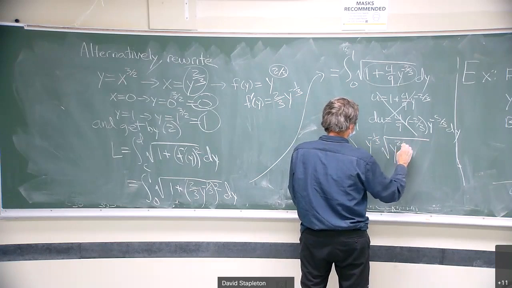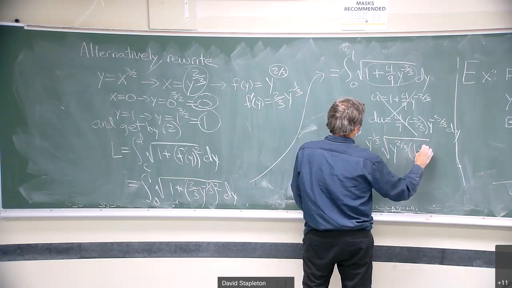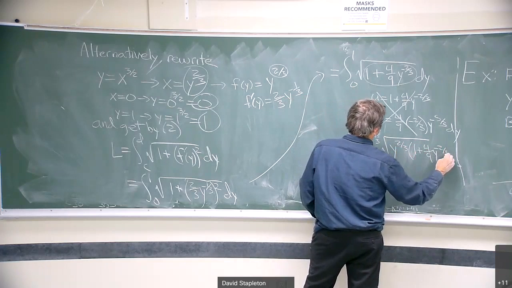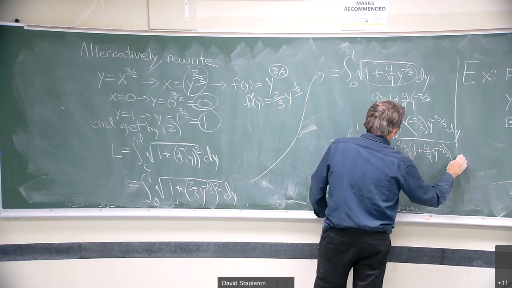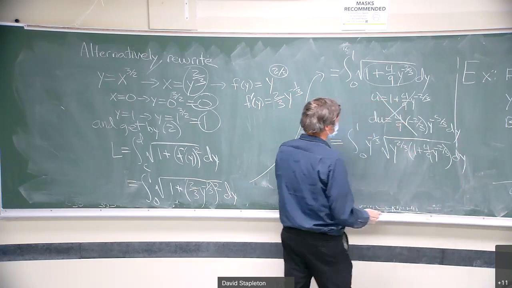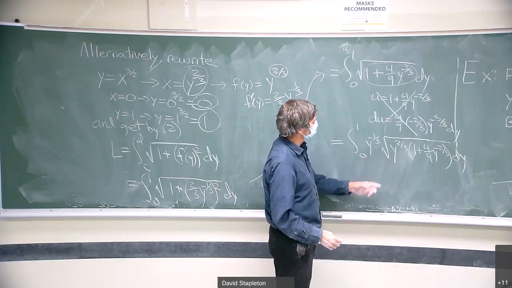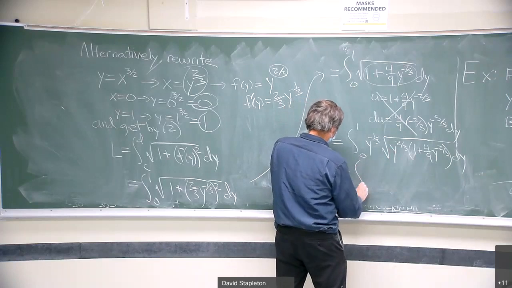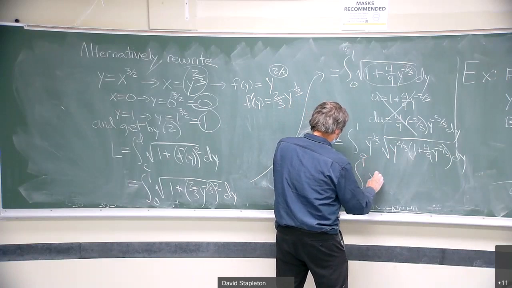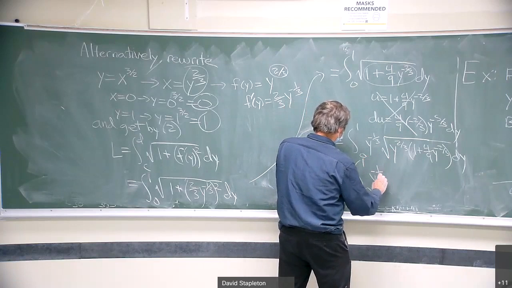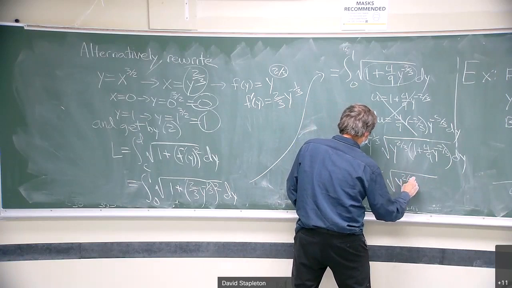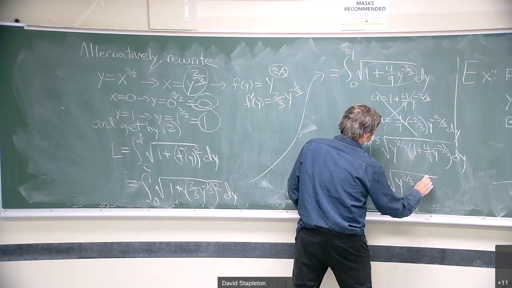All right, these will cancel each other. So there it is. These two cancel, and it's the same integral. But now look what I've got. This is the integral from 0 to 1, y to the minus 1/3, square root of y to the 2/3 plus 4/9,